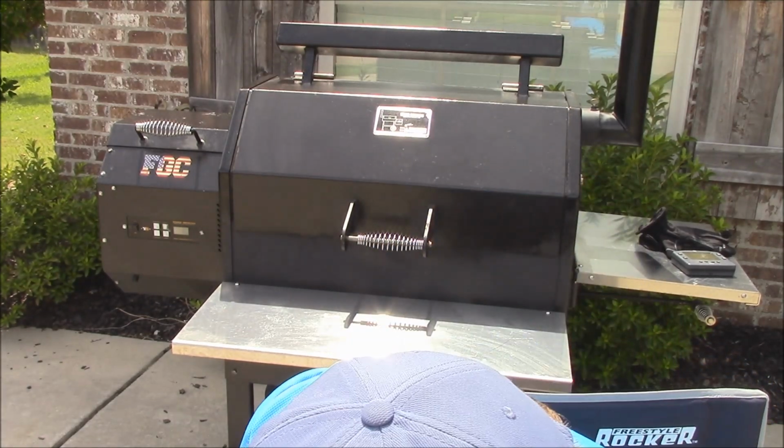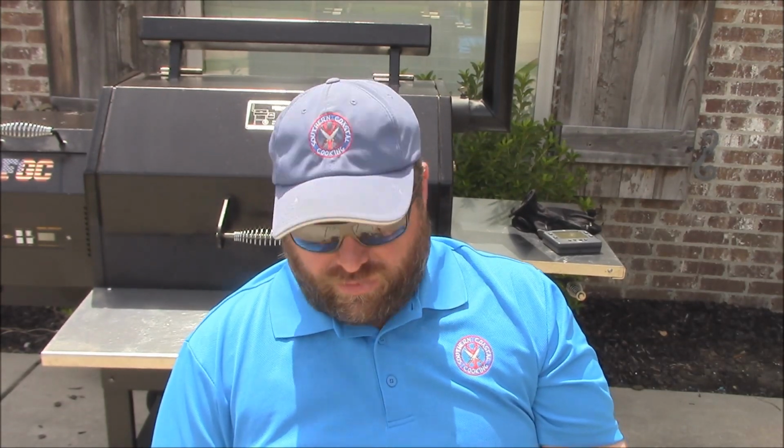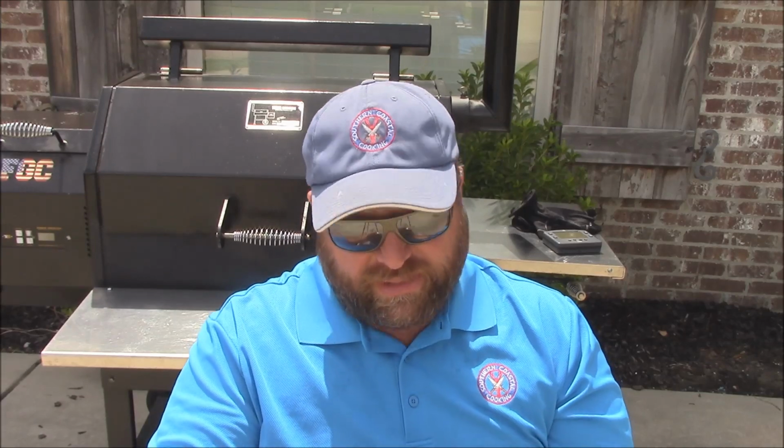I guess a good place to start off would be this: a pellet cooker, pellet grill, or smoker, or whatever you want to call it, is supposed to be a set it and forget it type thing that gives you somewhat of the same flavor that you would get on a normal log burning grill or pit. I would say a similar flavor. It is going to be a lighter smoke flavor, but in most of your commercial applications that you'll find these days, a lot of your restaurants and your competition, they are using pellet cookers. And one of the main reasons they're using the pellet cookers,